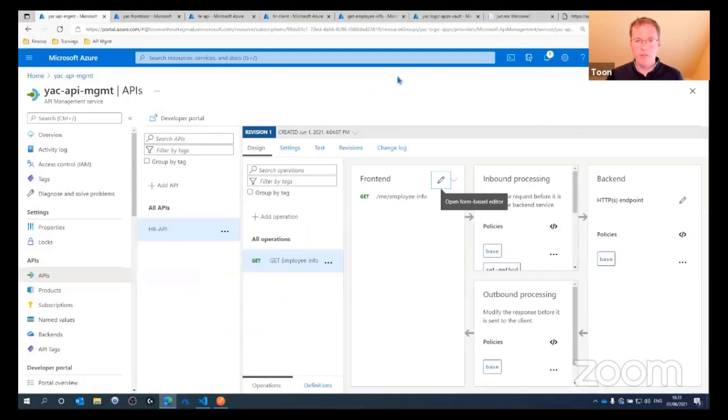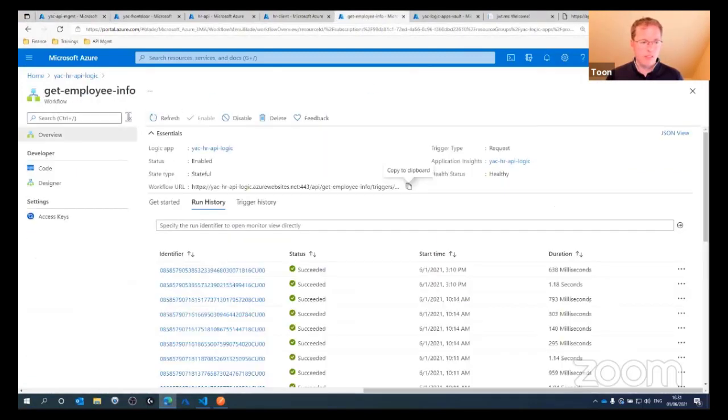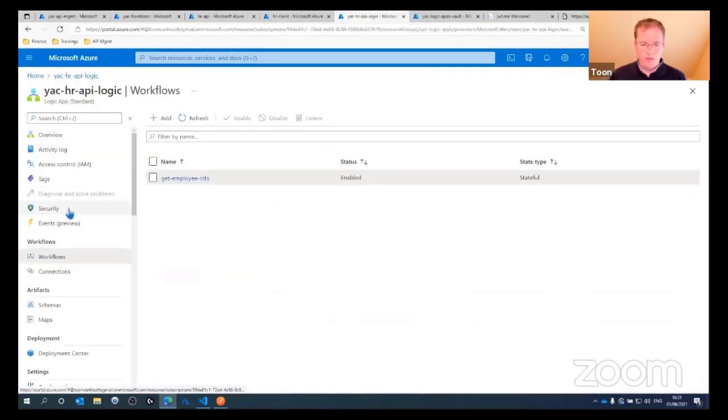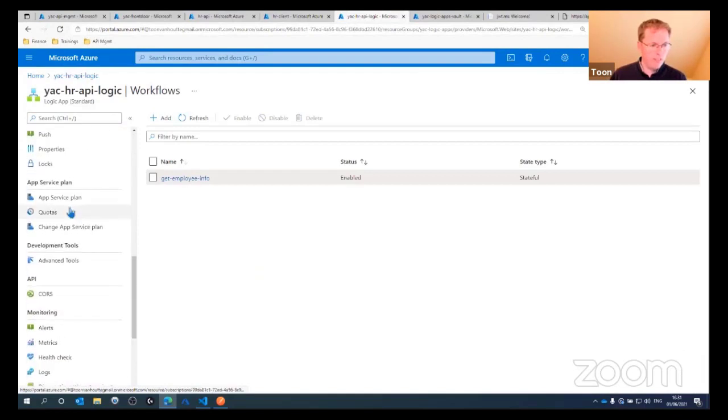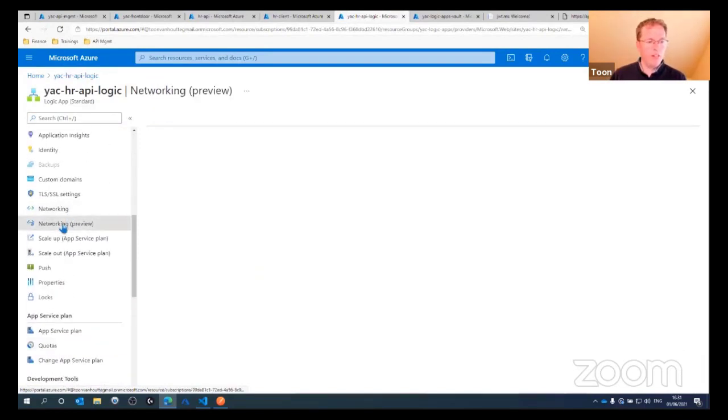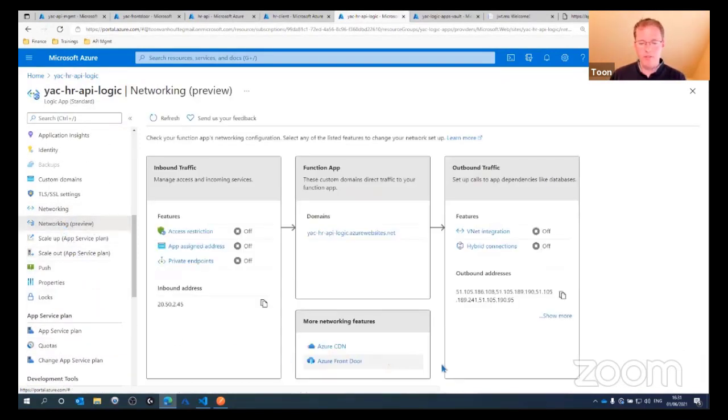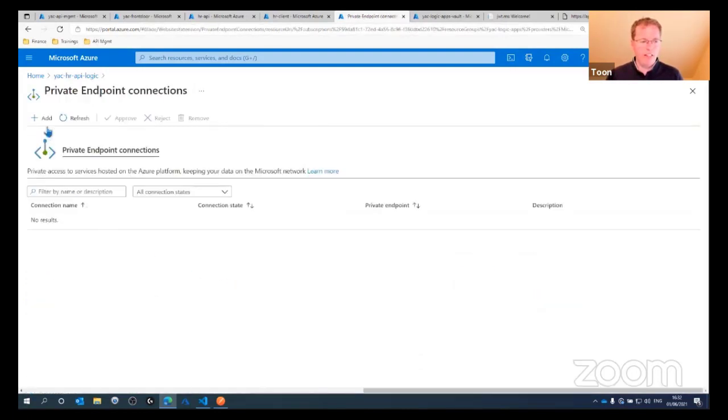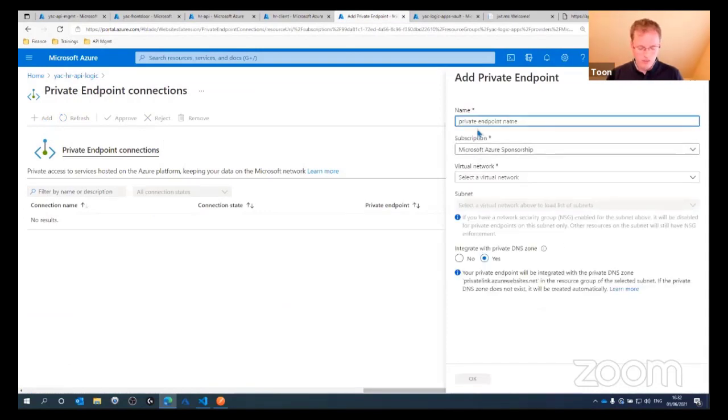Let's go to my logic app first. Over here, we have a networking tab. Yeah, I really like the preview networking tab, where you have a visual representation of all the access restrictions and integrations that you can configure. What we want to do is private endpoints. So let me click on this one and add a new private endpoint. So this can be, for example,